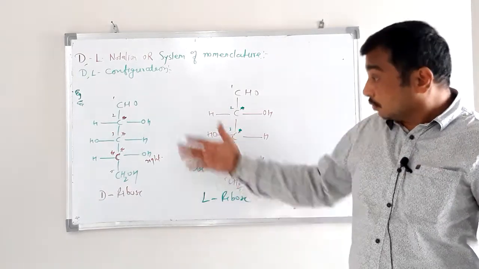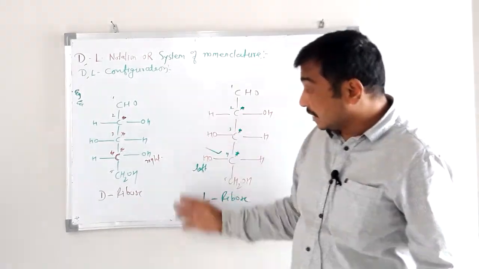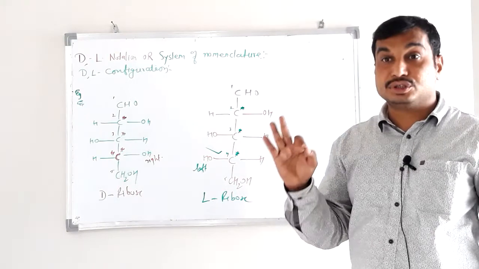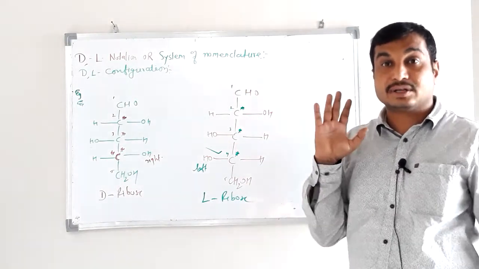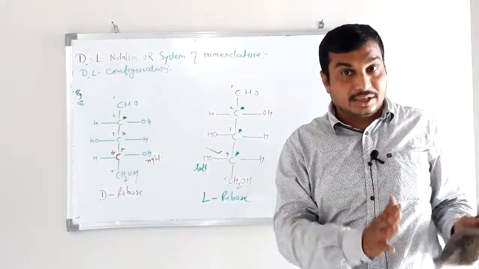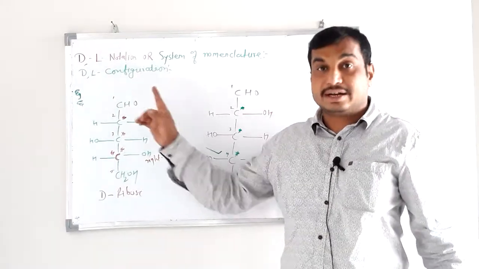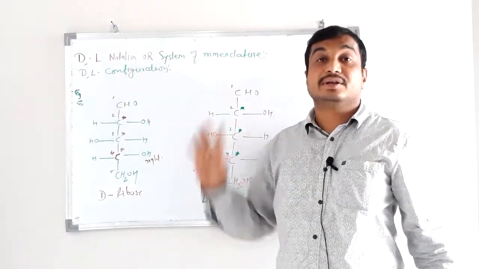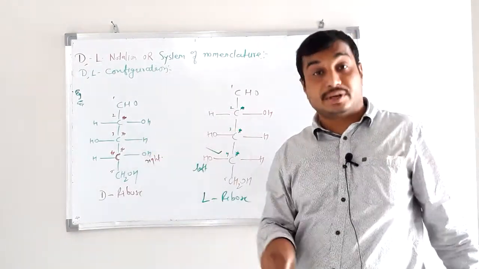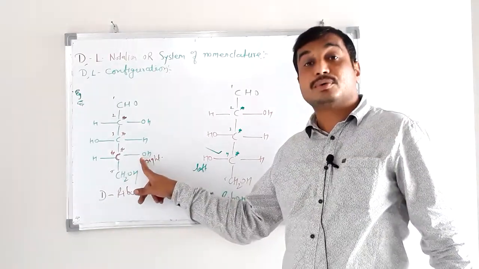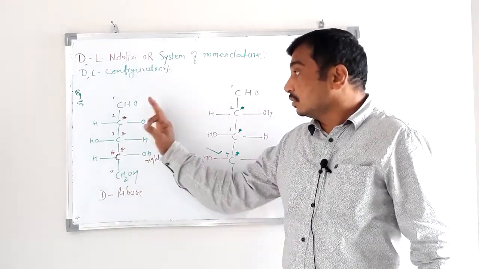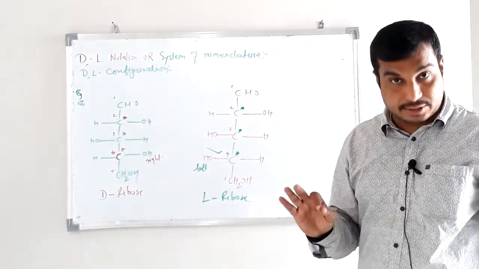Students, go through this video and try to understand the meaning of configuration. Configuration means only identifying the position of the group or atom attached to a chiral carbon atom, fixing which group is on the right side and which group is on the left side. That procedure is called configuration. Now, D ribose means this ribose is of known configuration. We know the position of the OH group on the last carbon atom on the right. So this is called a molecule of known configuration. Okay, getting it?